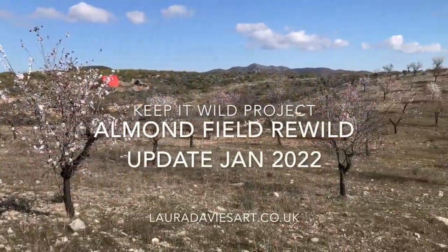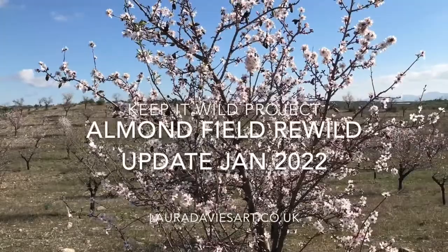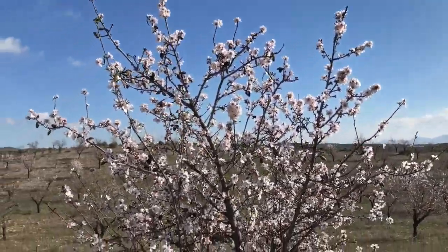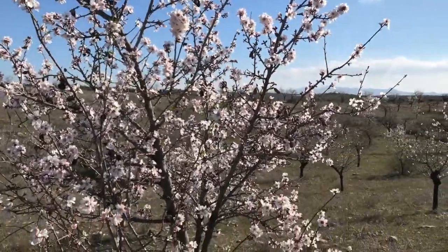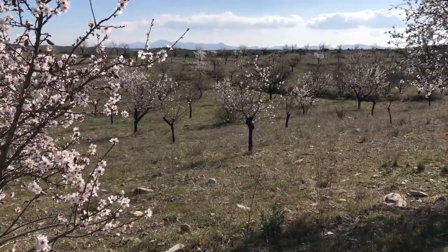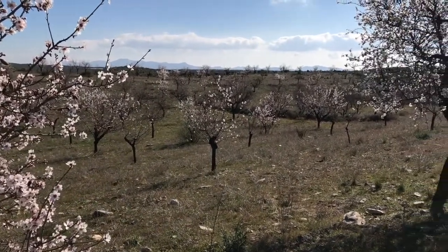17th of January. It was a cold night. We had a thick frost in some areas in the garden this morning, but you can see the almond blossom is fully out. This is in the almond field, which is being rewilded. Can you see the green haze? There's a carpet of grass and rocket,